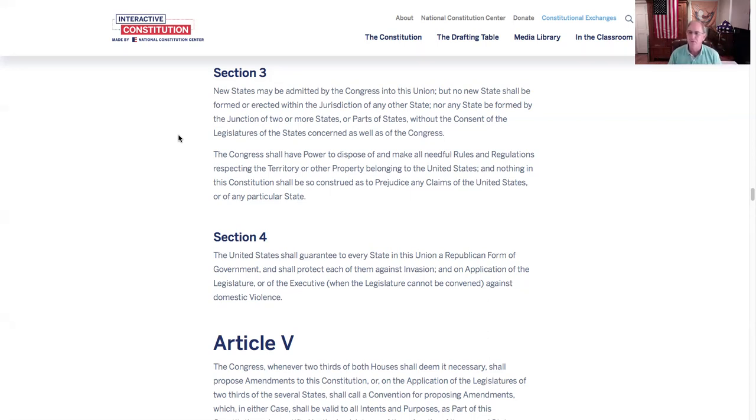They didn't overstep their constitutional bounds, which is a crazy thing these days, that somebody would actually honor their jurisdiction within the government. So that's an example of that. But the Congress shall have power to dispose of and make all needful rules and regulations respecting the territory. Okay, so what they did in